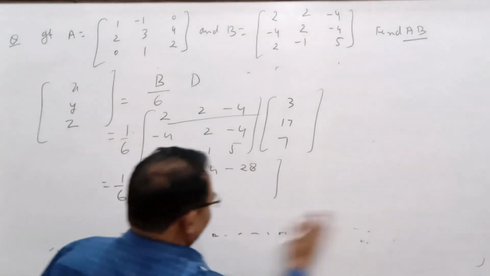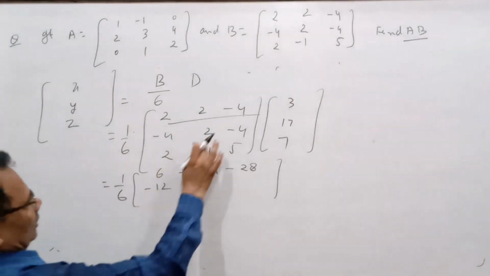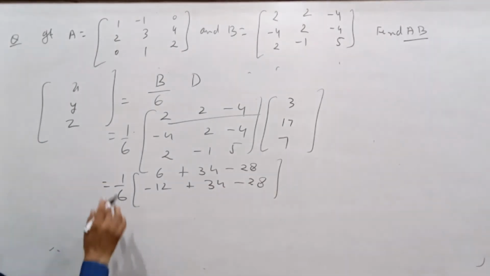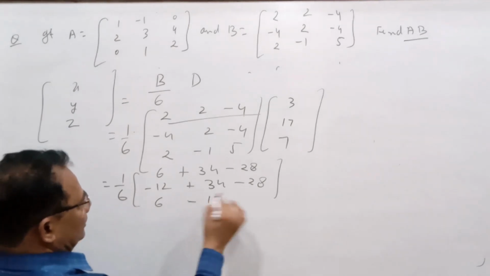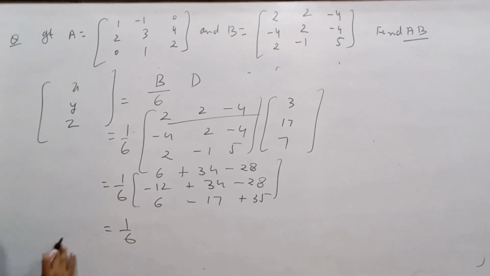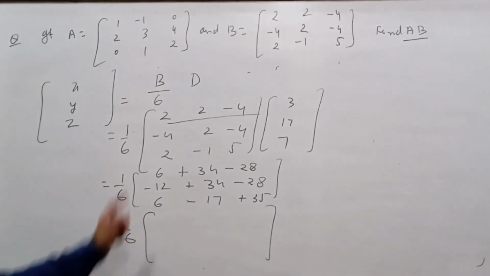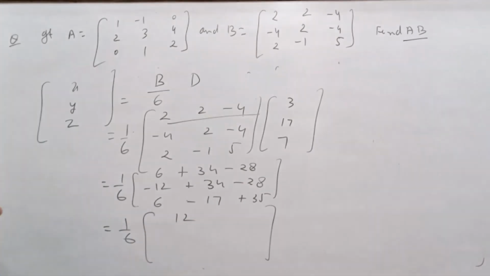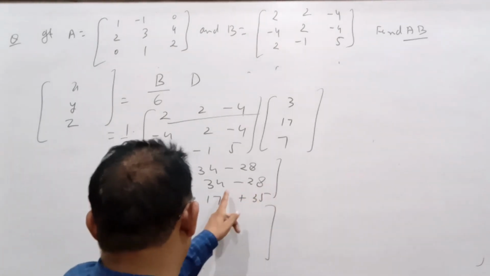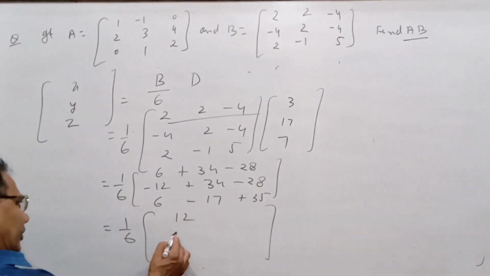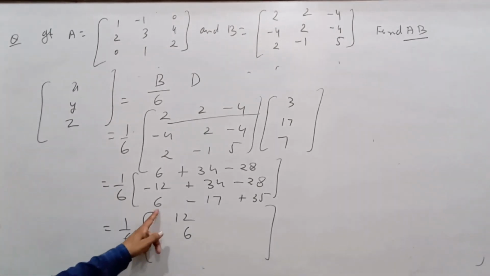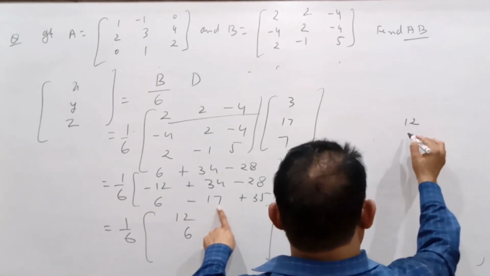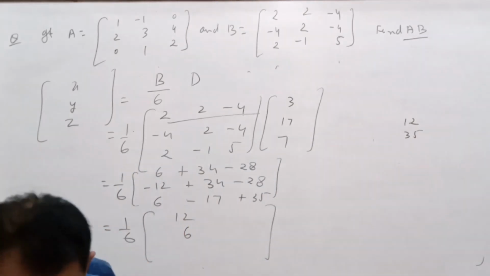minus 12, that is minus 12, and 17 to 34 minus 28, minus 17 plus 35 is equal to 1 by 6. देखिए अगर हम यहाँ देखें, 40 और 40 minus 28 that is 12, और यहाँ देखें 12, 28, 40 और that is 34, that is 6 और 6 और minus 17, 35 और 12 plus 35. You see here the value of that is